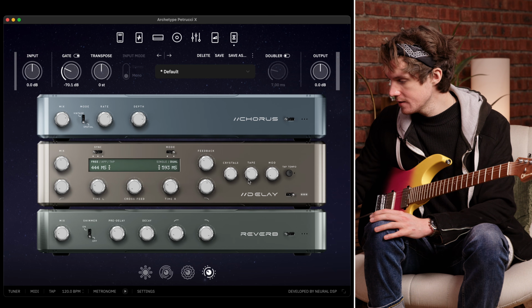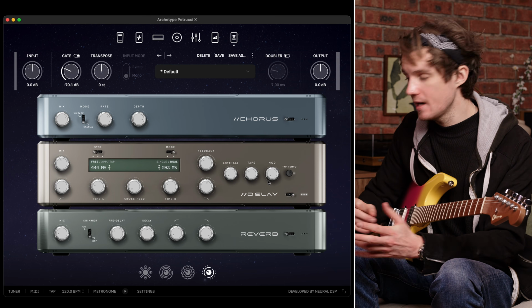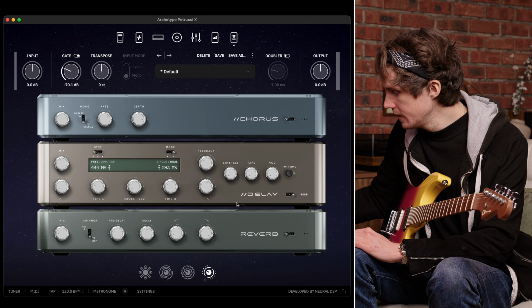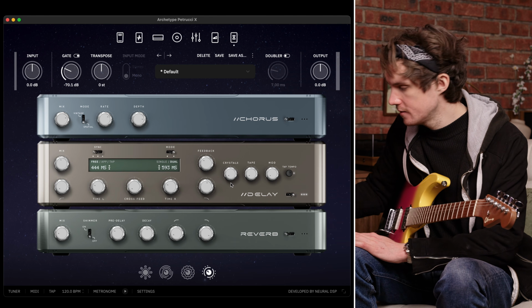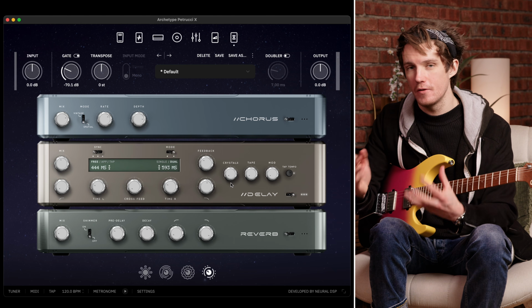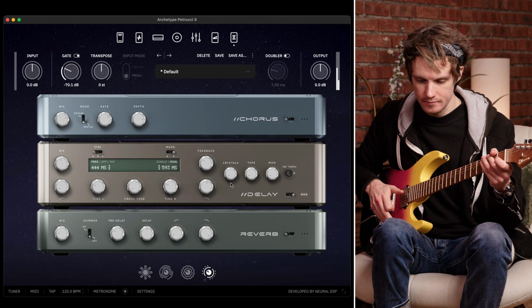Here we have crystals, tape, and mod. In that delay sound I just played, you would have heard the tape effect, but for now I'm just gonna bypass that and bring the mix all the way off and focus on crystals first. So crystals adds a timed delay repeat an octave up of your drive signal. So currently with it off,